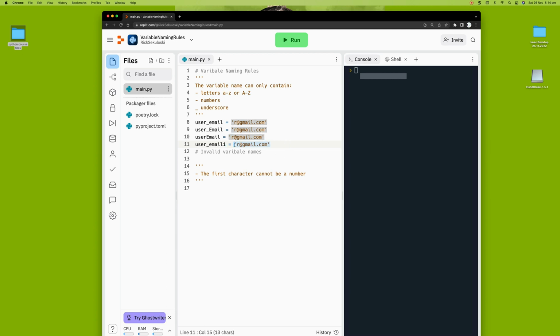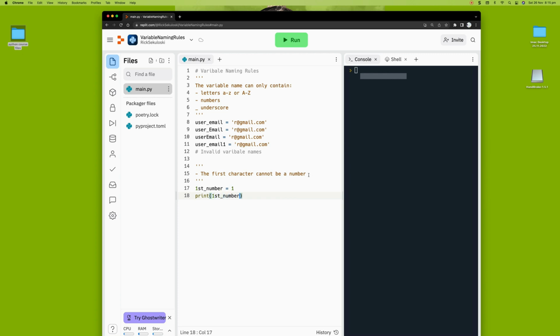Doesn't matter if they have the same value, they are different from each other. Okay. Because Python is a case-sensitive language. This one is different than this one is different than this one, and so on. Now, invalid in the past was the first character cannot be a number or underscore, but now the underscore works. Okay, so let's do it. So the first character cannot be a number. So first number equal 1, and let's do print first